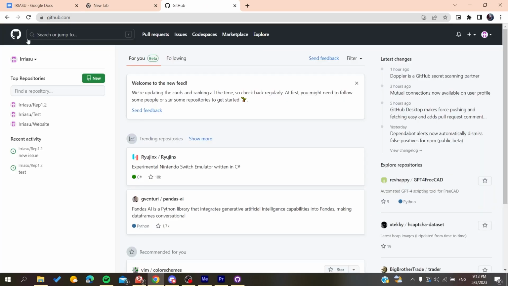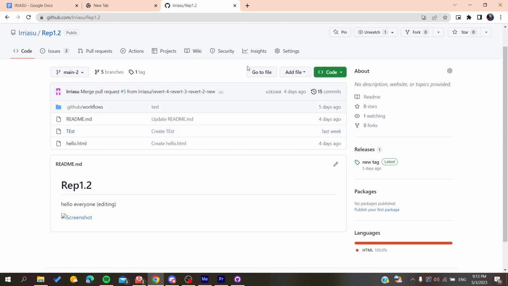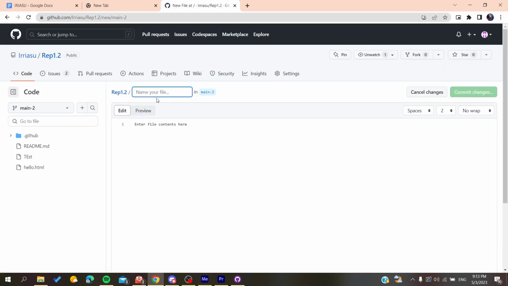So after you log into your account, all you need to do is to go to your repository. So basically to organize your projects, all you need to do is to create folders so you can assemble and group files in them. So to do so, you will need just to click on add file, and here you will need to create a file. So basically after naming a file, for example, I will name it